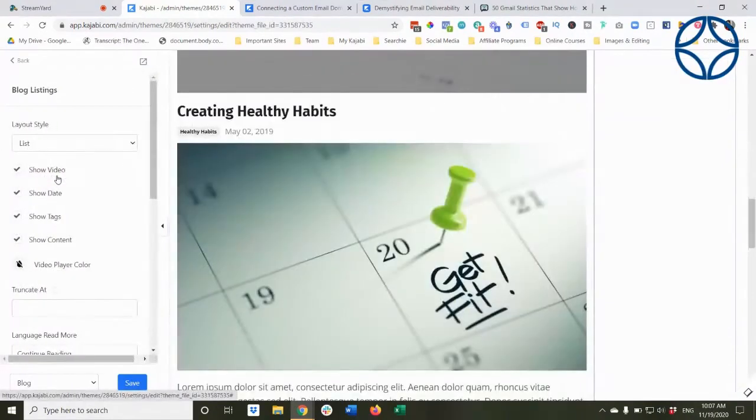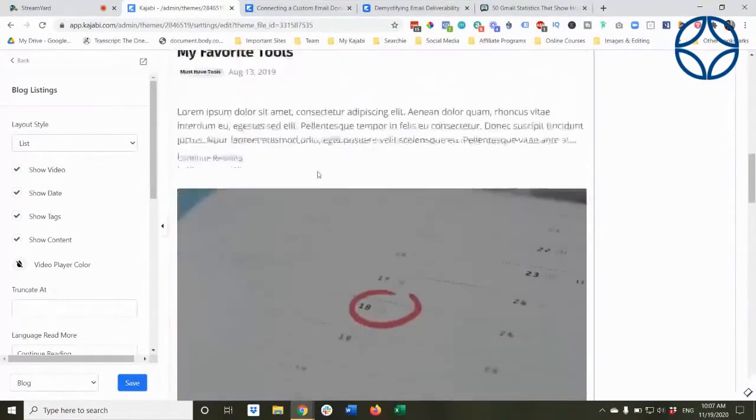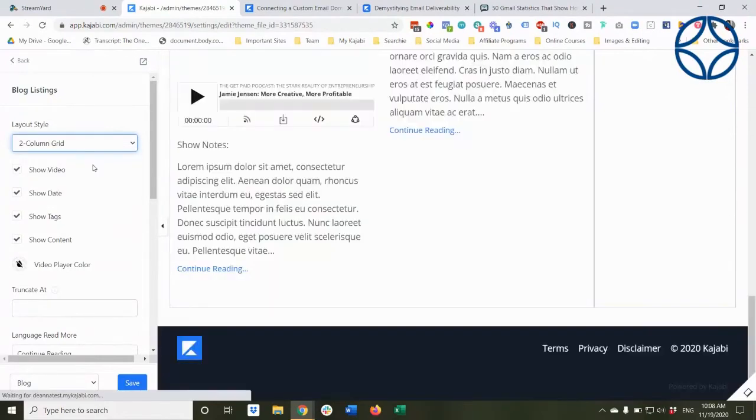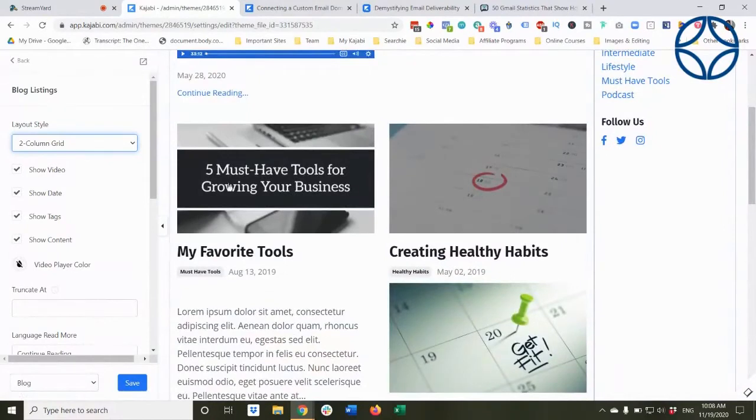But now if I click on my blog listings, I have different layout options. So instead of a list version, which is what this is and was the previous version, I can now do a 2-column grid where it shows my featured image, the title, any tags that I've associated with that post, the date it was published, and I can control that.